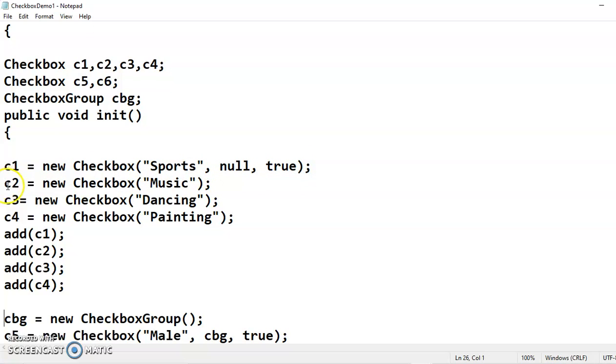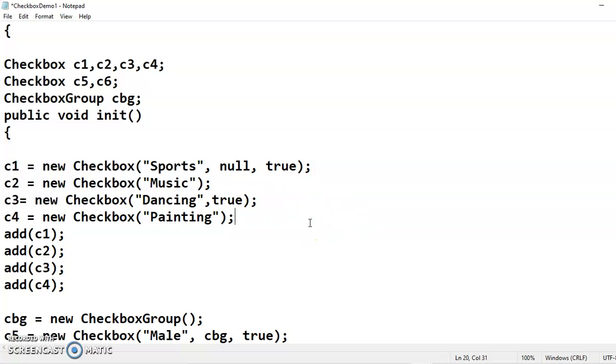Now in C2 I have specified another hobby which is music. In C3 I have specified another hobby which is dancing. Then for C4 the hobby is painting. I have not specified any other argument here. If you want to by default make dancing true also, then you can pass true here.